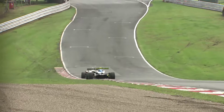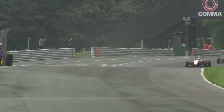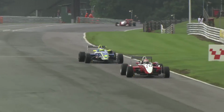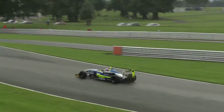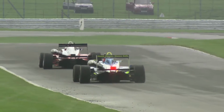If you keep pushing on the drying track, you might overheat the tyres to the point at which they absolutely are no good anymore, and I think that's what some of our drivers are potentially going to be considering here. They're going to have to move offline to cool these tyres down. Ever drying circuit. At the moment, though, it certainly looks as though George Line is having to concentrate fully on